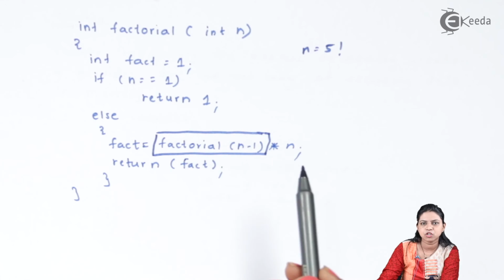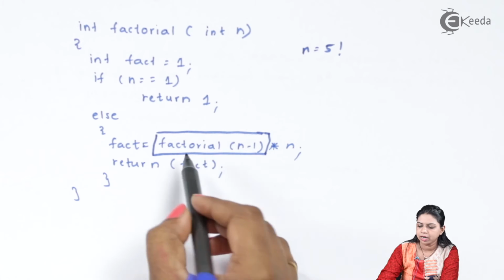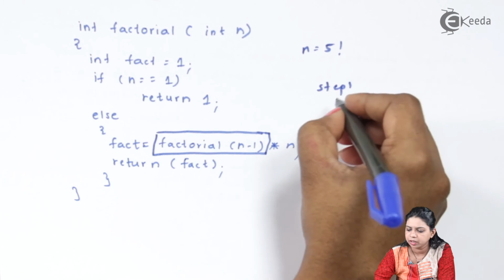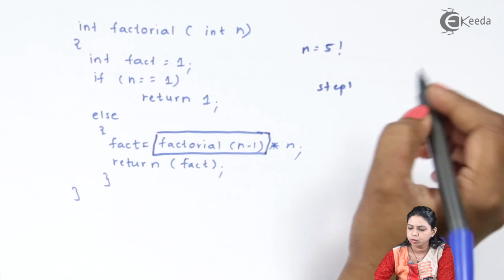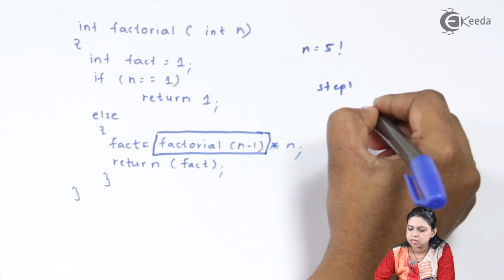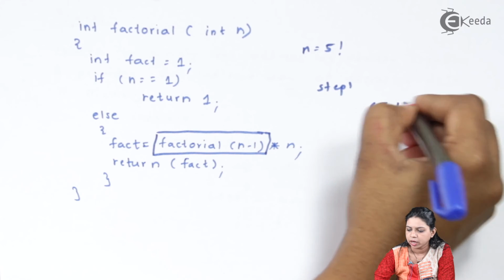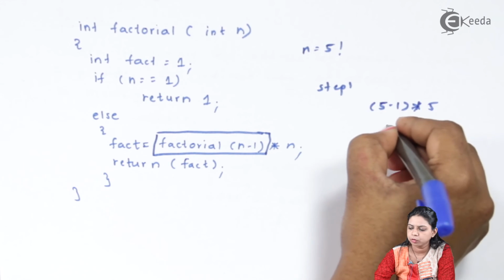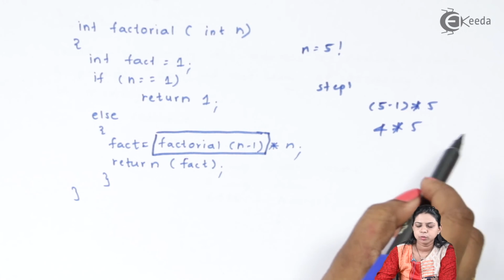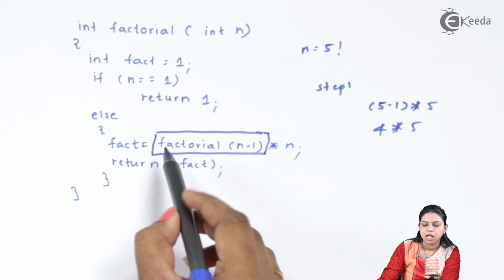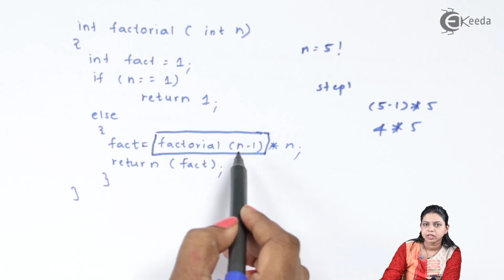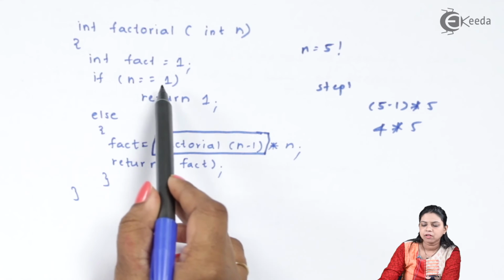Now how many times will this function get called? Initially, in step 1, fact is equal to factorial(n minus 1) into n. So it is going to be factorial(5 minus 1) into 5, so it is going to be 4 into 5, and 4 into 5 is going to be 20. And this factorial(n minus 1) will get called till you get the n value as